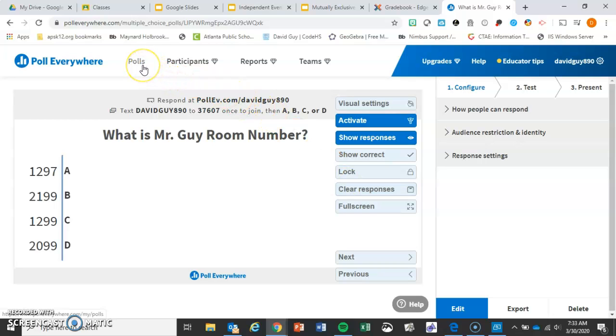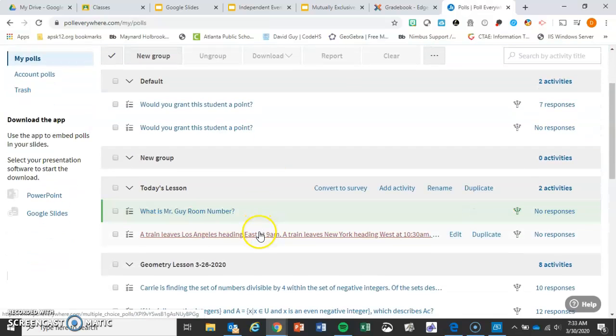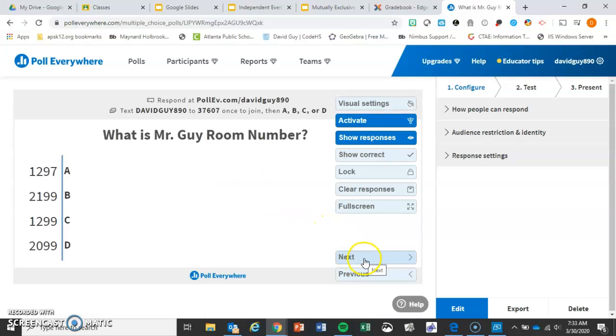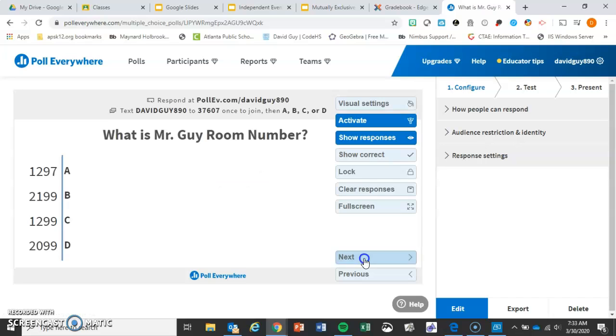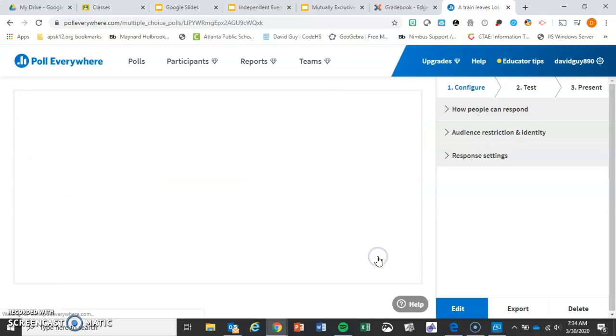So what's great about this is that you can make new groups for each class, and then whatever questions you're going through will only stay within this group. So let's go back to this question we were on, and let's say I made 7 questions. Here I've made 2. Whatever questions are in that group are the only ones that are going to show up. So I'm cycling through the 2 right now, but I can just click next and move on. So in class, it's quick to just move through each question, and you can get the responses, then go, okay, explain the answers, move on to the next question,